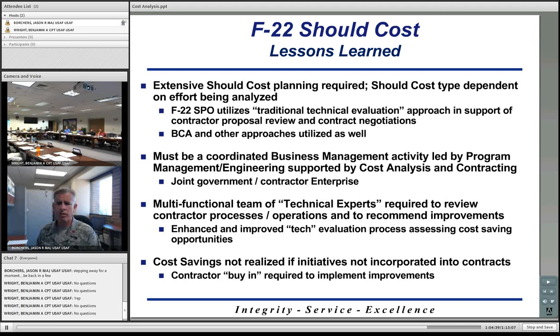Also, they thought that it's good to ensure you have a multifunctional team of technical experts involved in reviewing these contractor processes. So you're bringing everybody to the table. All the experts are taking a look at the contractor's processes to make sure they're as efficient as possible. And then lastly,